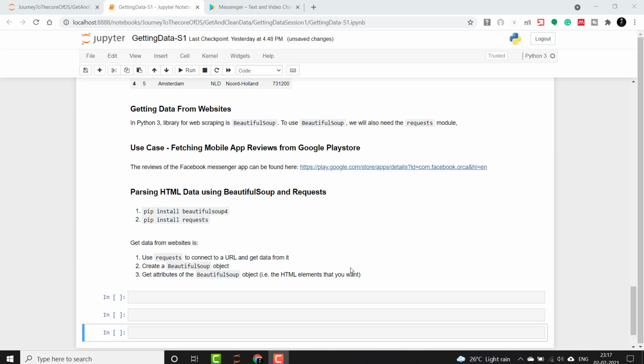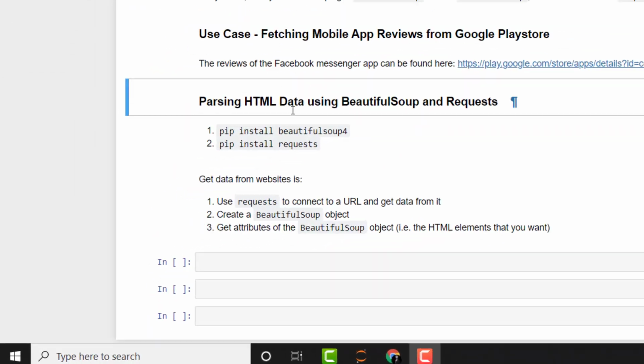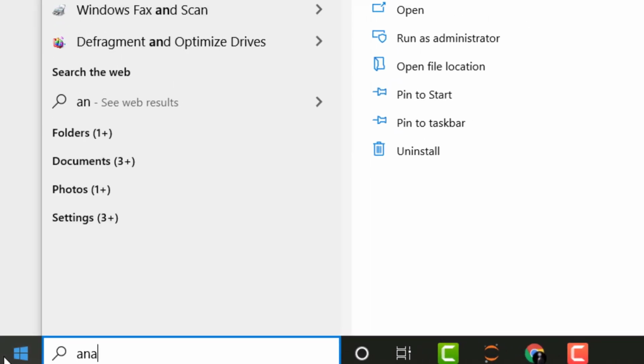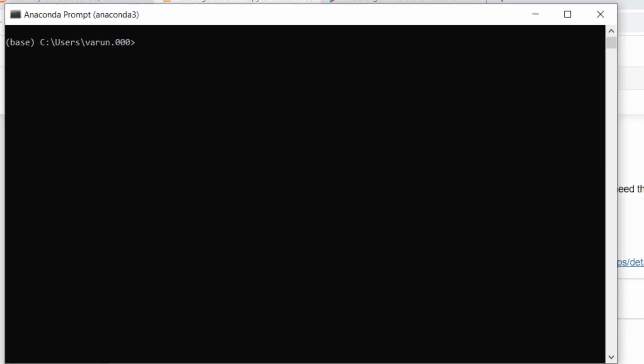To start using Beautiful Soup, we need to install it first using pip install Beautiful Soup, and we need to install the other module also, that is requests, by using pip install. To install these libraries, we will go to the Anaconda prompt again and type here pip install beautifulsoup4.